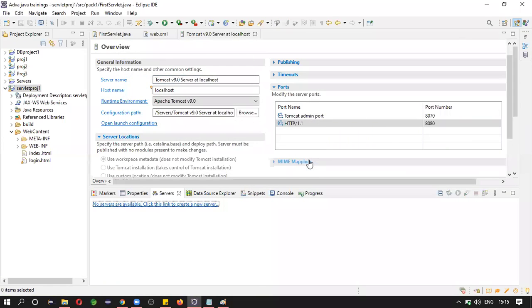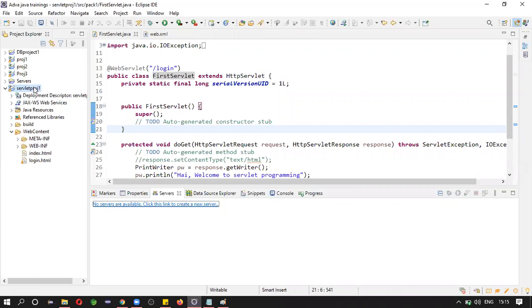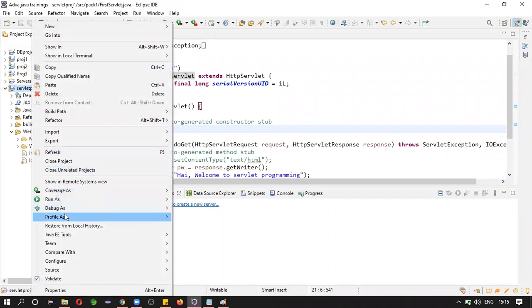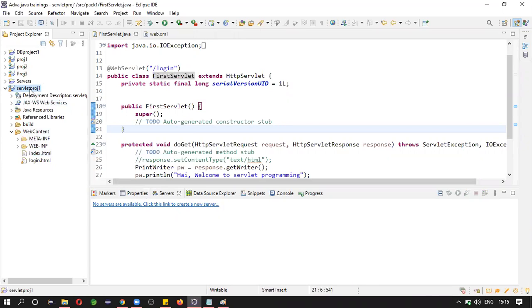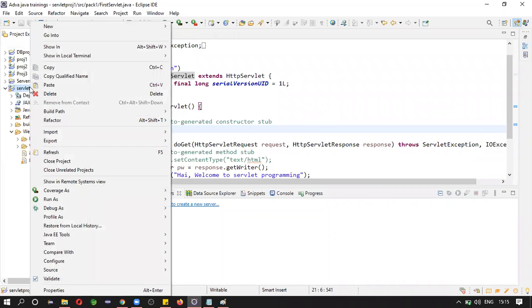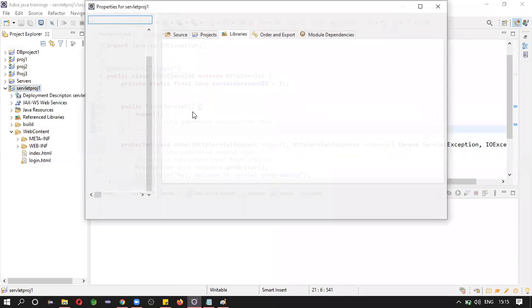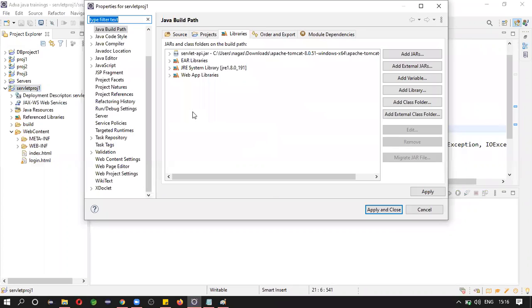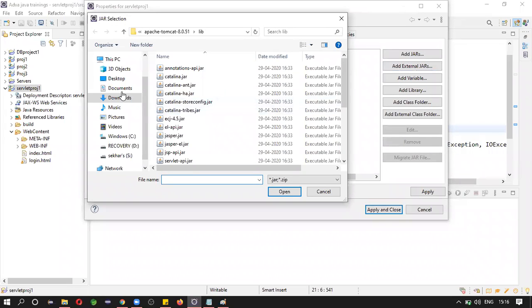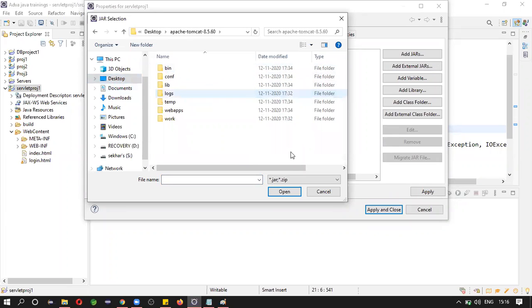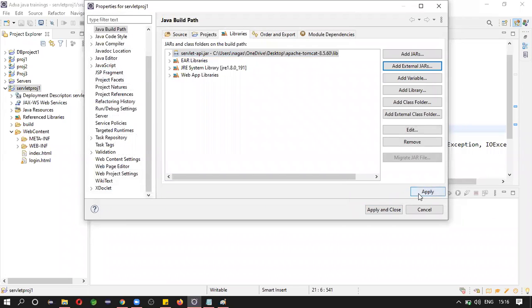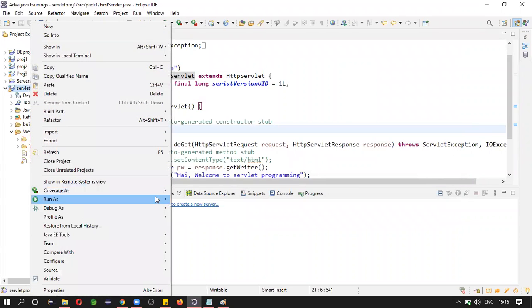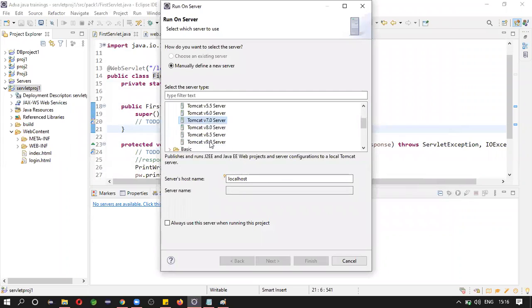Delete. Here you can see the servlet API. Okay. Now servlet. Now it is 8.5.